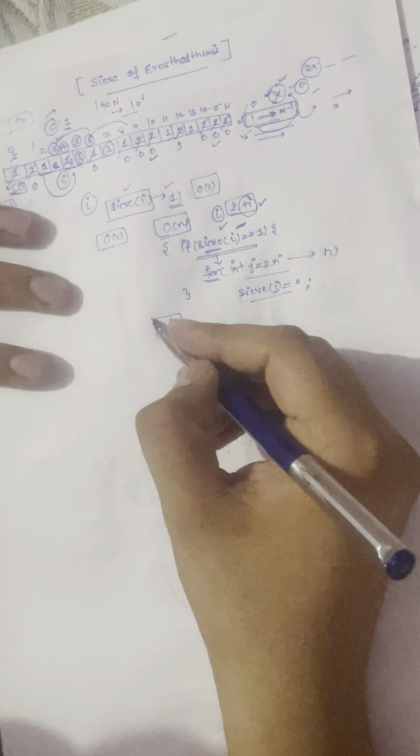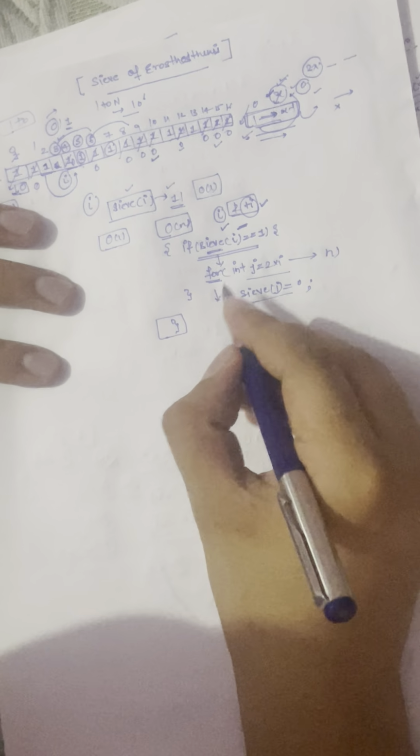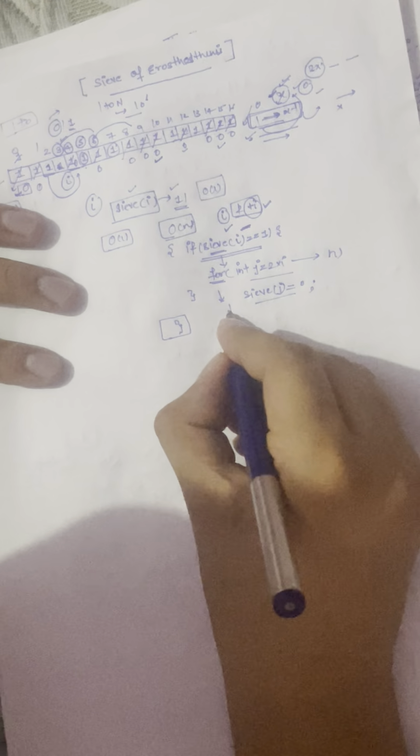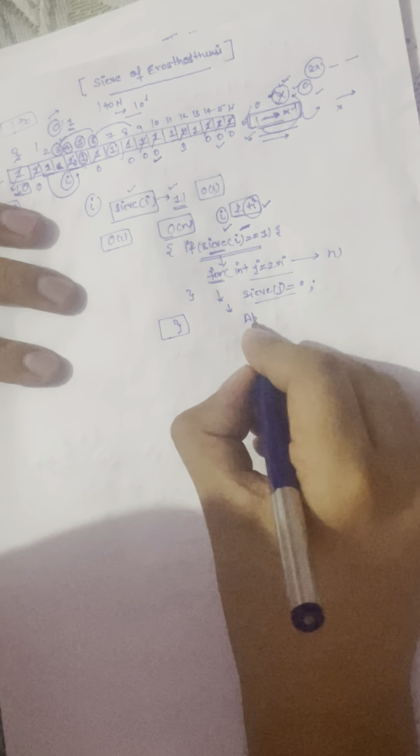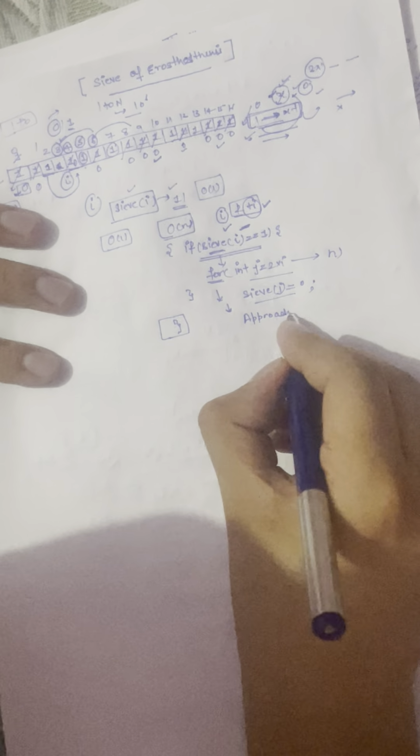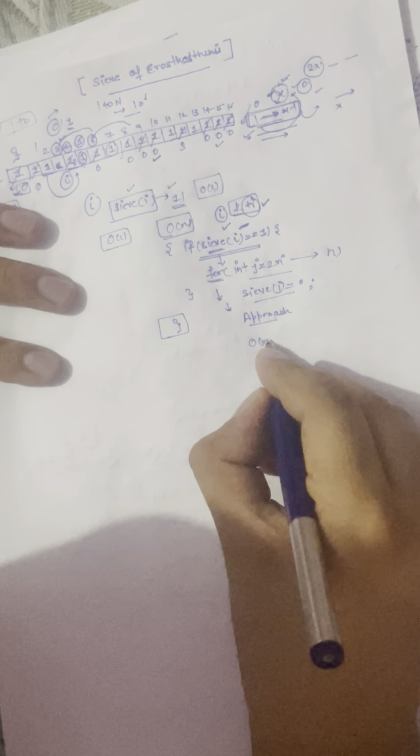So we would go for all of its multiples. So int j is equal to 2i to n, and we would be marking sieve of j as 0. So this is the very basic approach for building this sieve, and by running this loop, it seems like some O of n square approach or something.